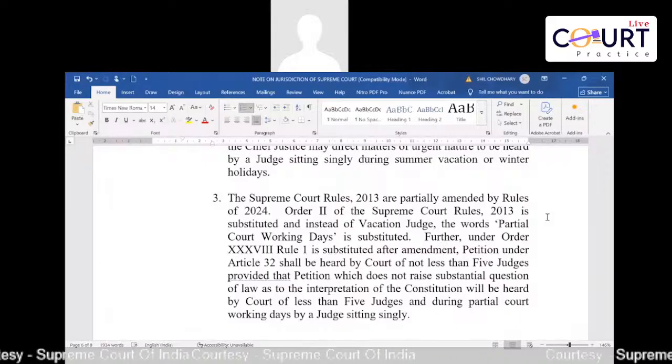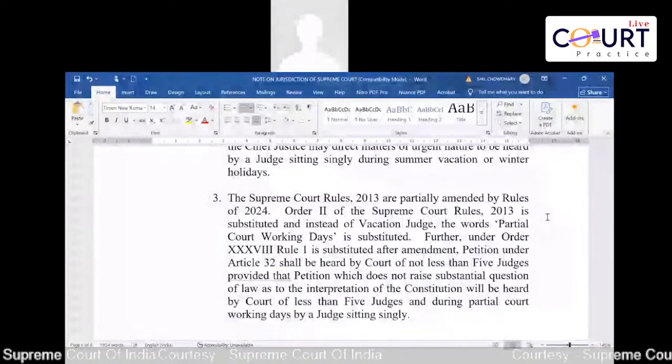Therefore, the amendment is that an Article 32 petition, if it involves a substantial question of law as to interpretation of the Constitution, will go to 5 judges. The example which we were discussed, the Sabarimala judgment, a right of a woman to visit a temple, Articles 14 and 15 violated. If a petition was filed under 32, it will be heard by 5 judges. The Ayodhya land dispute was heard by 5 judges, because it discussed violation of fundamental rights, religious rights, as well as property rights.